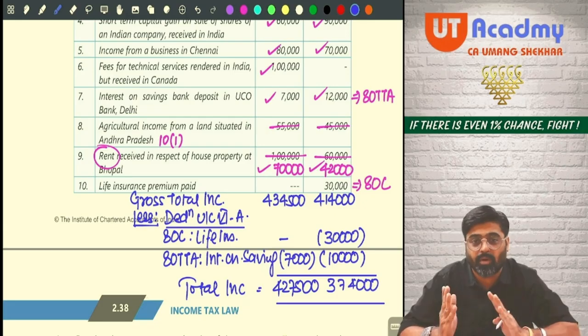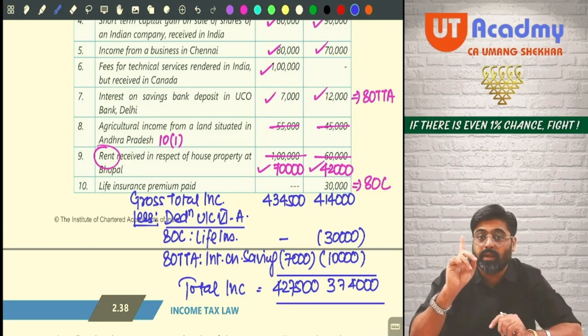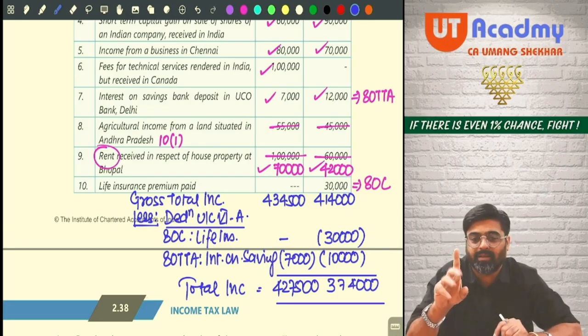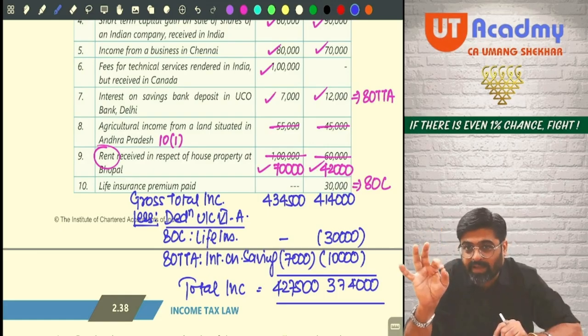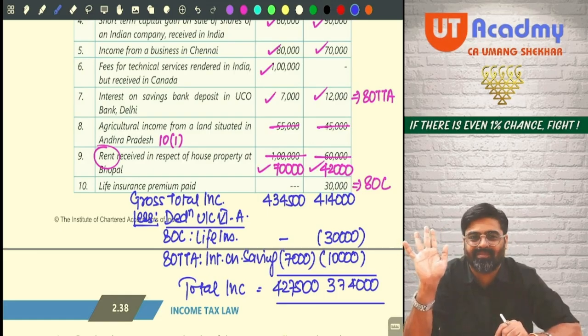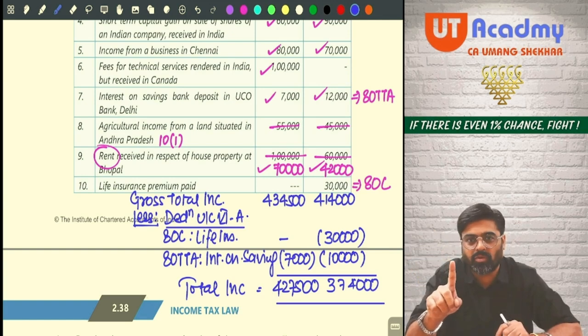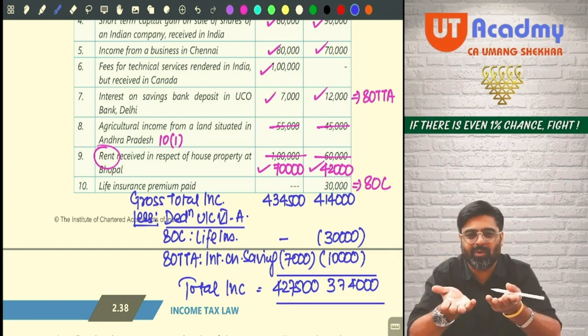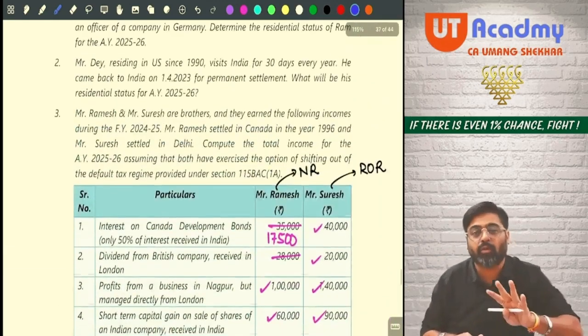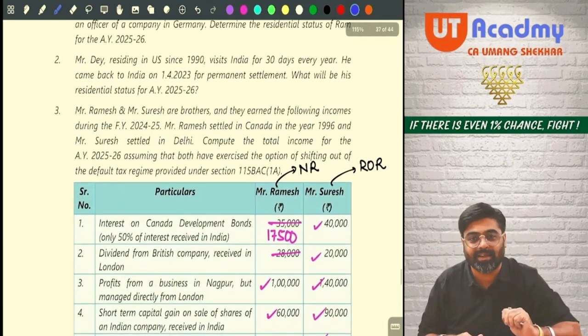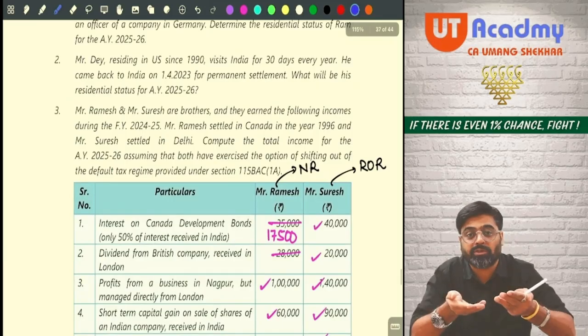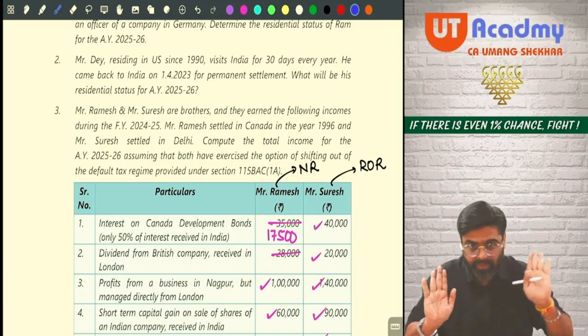But it was important. Mark this question important. And please pay attention. See, this kind of question they can ask you in the exam. And if such a question comes, trust me, it will be for minimum 6 marks. What they will do? See, in this question, they have not told you to determine the residential status. At the most, what difficulty level they can give you in the exam, I'll tell you.